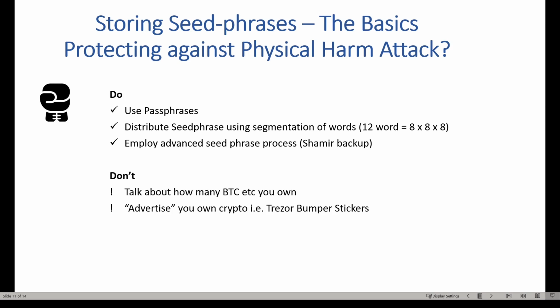Likewise, like I mentioned in the first slide, when you're writing your seed phrase down, it's always handy to write it on something blank. So it's great that Trezor and Ledger give you these cards where they've got the 12 boxes on there, and you can write all your seed phrase in there, but then they've got it plastered over with Trezor this, Trezor that, go to this website. Why? You don't need that information. Just keep it clear, uncluttered, and it shouldn't have any identifying information that says what the seed phrase is for, as long as it's got enough for you to be able to do what you need to do. Okay, so just don't advertise the fact that you've got these things.